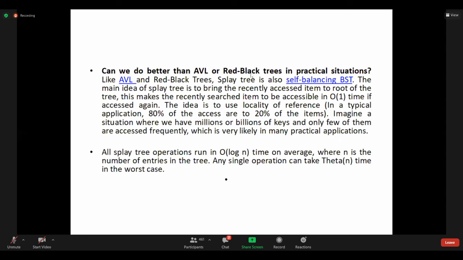When the new node is always greater than the root, I am inserting only in the right part, right part, right part. So when my tree is a straight line on the right side, it is called right skewed. When I insert only in the left part, it is left skewed. That is called skewed. So our intention is to reduce the time complexity to O(log n).